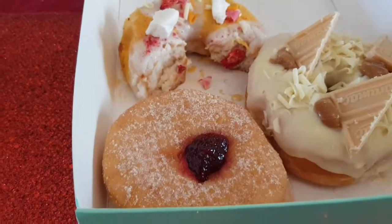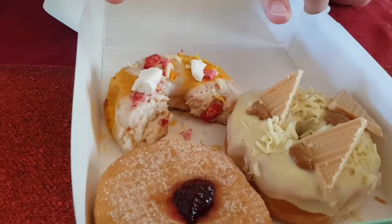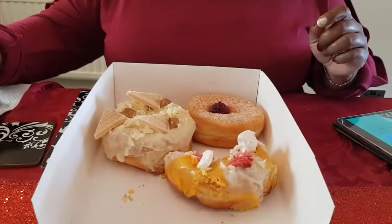Good. Right. So, for the tasting. Now, we have tried this one before, but we'll re-review it because I think it's worth doing. Yeah. And it is delicious, by the way. Oh, yeah, it's delicious. So, do you want to give me the camera and then I'll film? Okay. You testing these ones now. So, there's Kelly. She's going to try...